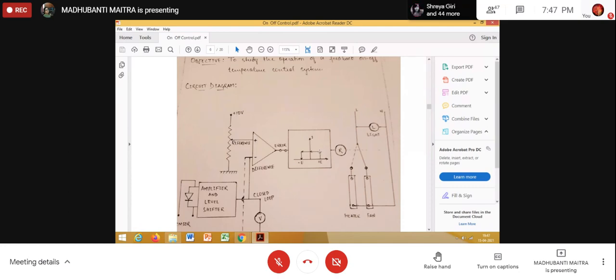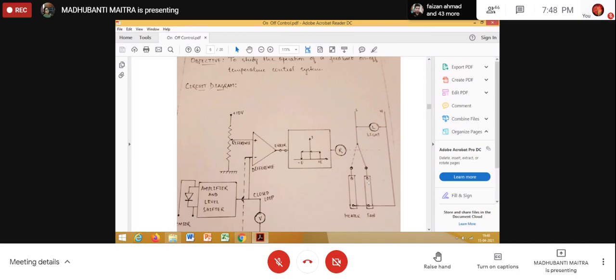Again, when the temperature reaches 75 degree or tries to exceed 75 degree, ideally what will happen? Now H on will become 0. This is the other trigger point, the upper trigger point. H on will be 0, the relay will be de-energized. Since the relay is de-energized, this moving link will not remain attracted by the electromagnet, and hence the moving link will move from this point to this point, and now the heater will be off and the fan will be connected.